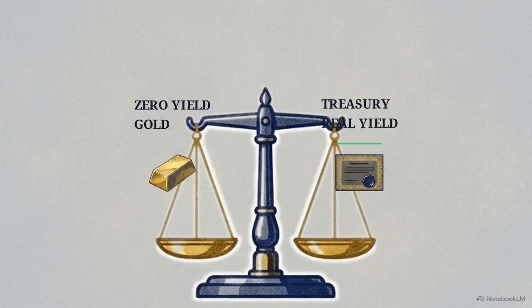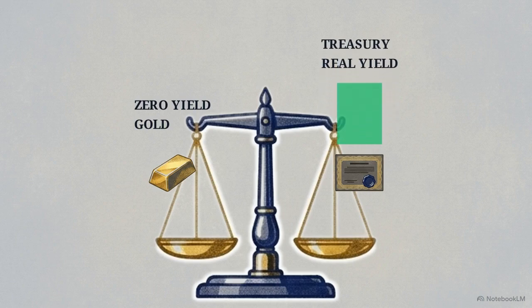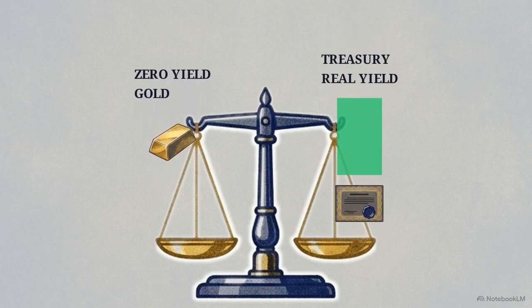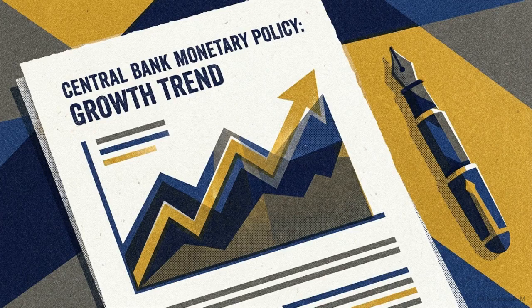Gold functions as a perpetual duration asset with a structural yield of 0. When the real yield on a risk-free government bond climbs from negative territory up toward 2%, the opportunity cost of holding gold becomes high. This triggers a rotation of capital out of precious metals and into fixed income. When central banks aggressively hike the true cost of money, any asset reliant on the future is repriced lower, pulling growth stocks and bullion down together.